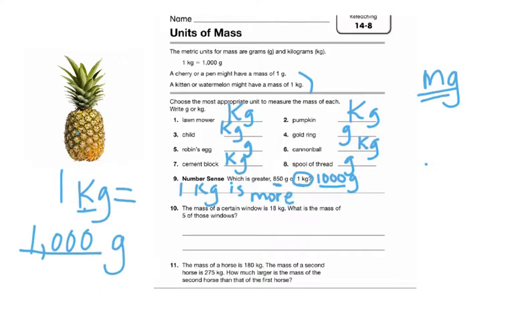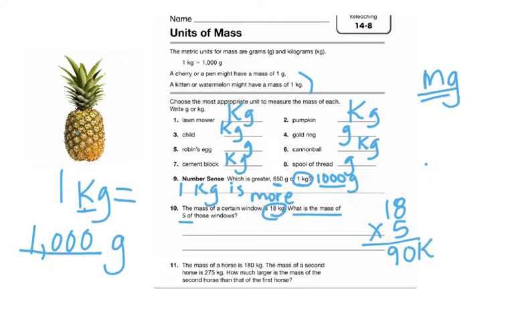Number 10 and 11 are both math questions, calculations. So it says the mass of a certain window is 18 grams. What would be the mass of 5 of those windows? So for that calculation, you could do repeated addition. You could do 18 plus 18 plus 18 plus 18 plus 18. Or since you're in 4th grade, you're going to do 18 times 5. I'll let you solve that. And the answer was 90. And make sure you put